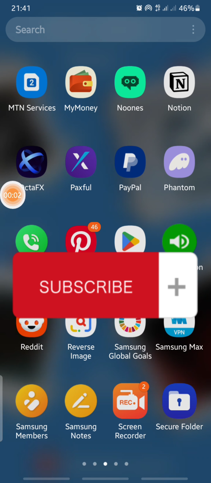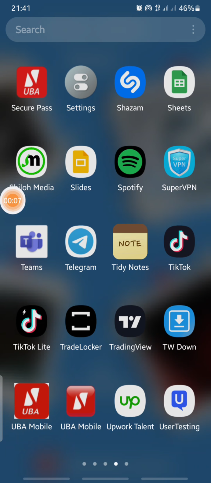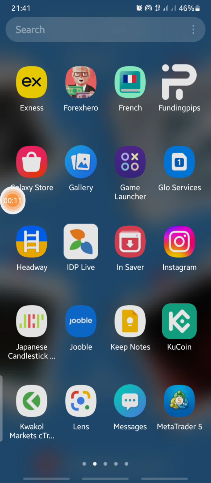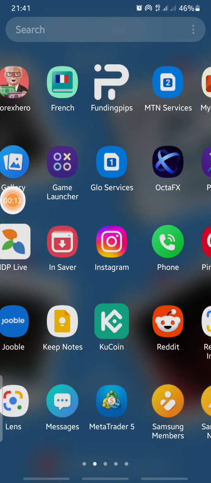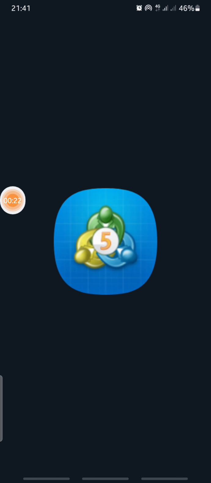Today I'm going to show you how to use MT5 as a complete beginner. First of all, you need to go and download MT5, and we are using Android today. So go to your Google Play, download MT5, and once you download it, then you can come and let's continue